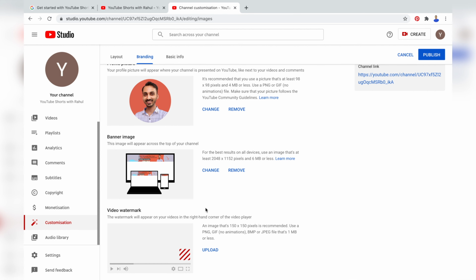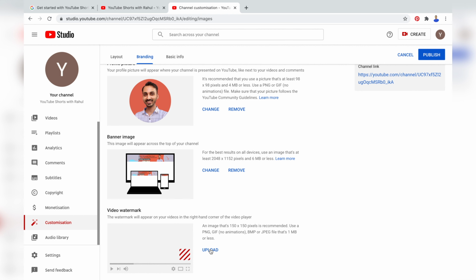Now further, you may also upload a video watermark for your channel. Video watermark is basically an image as watermark on your channel, and you can use images with call to actions like click here to subscribe. And the recommended dimension for the video watermark image would be 150 by 150 pixels. I have already created a separate video about how to create and add video watermark on your YouTube channel in the new YouTube Studio. So make sure you watch that. In case you want to learn that, click on the card above to watch that.